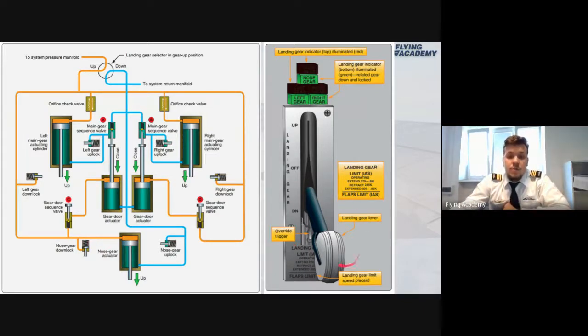Well, usually somewhere close to our landing gear lever, so technically the selector which pushes the landing gears into the up position or down position, there will be a special indicator. If we have 3 landing gears and all 3 are invisible from the cockpit, we will have 6 lights. So technically 1 light for each landing gear. Why are we actually using 2 different lights for 1 gear? Is it actually necessary?